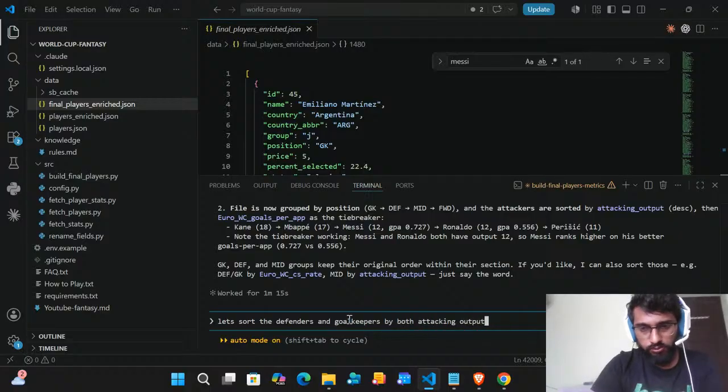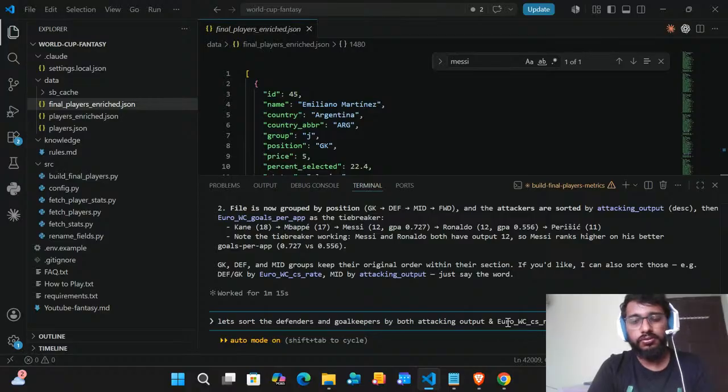Output and, so do we give more preference to attacking output or the clean sheets? Can we